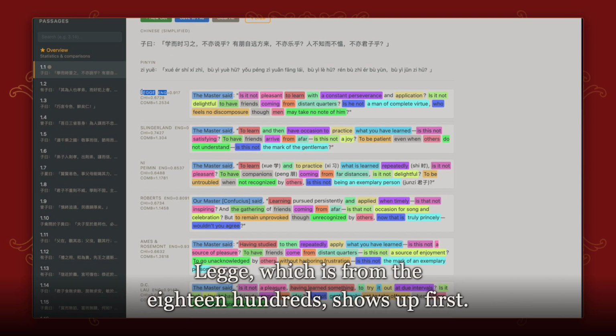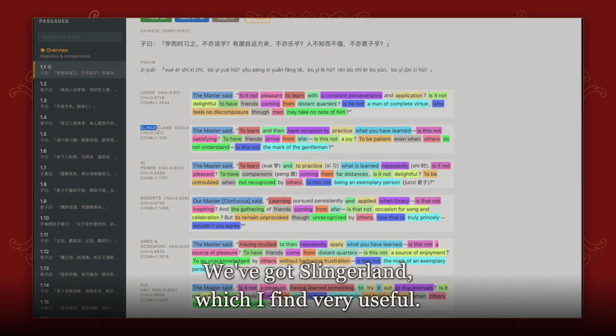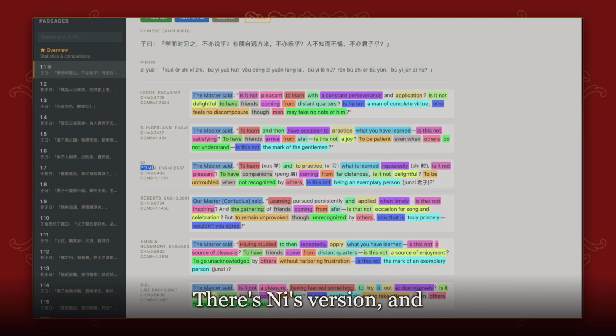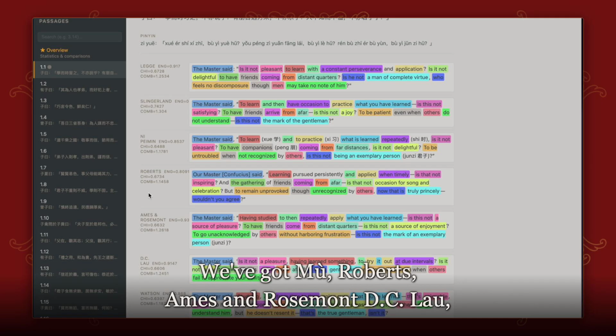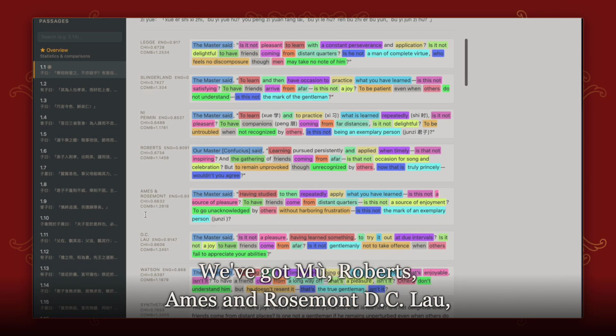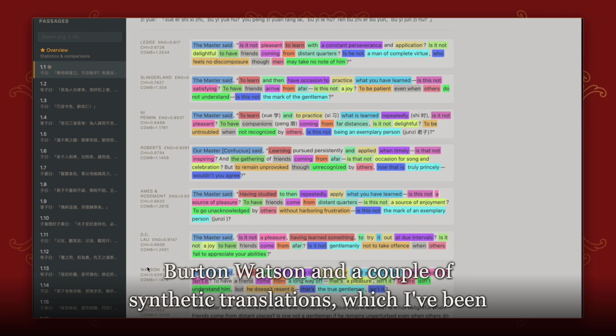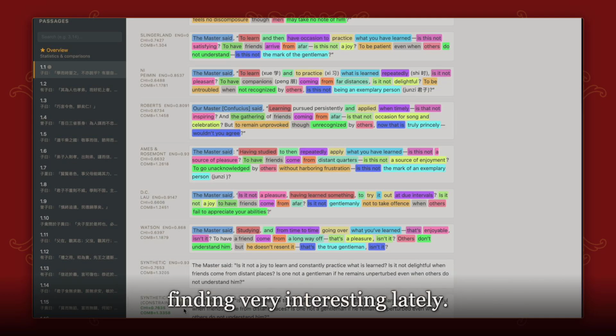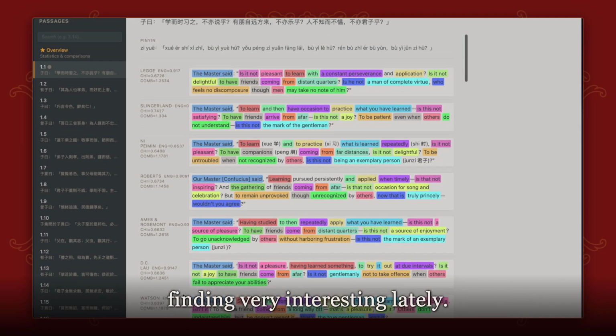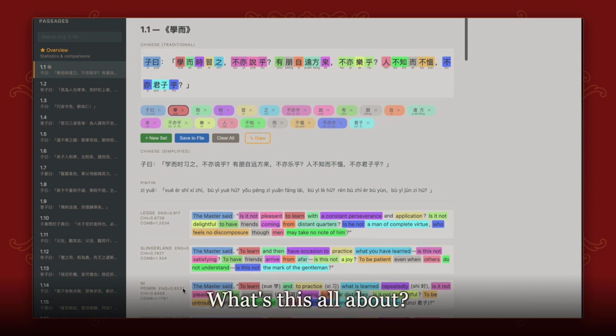The Legge, which is from the 1800s, shows up first. We've got Slingerland, which I find very useful. There's Payman-Nee's version. And we've also got a few others here. We've got Moss Roberts, Ames and Rosemont, D.C. Lau, Burton Watson, and a couple of synthetic translations, which I've been finding very interesting lately. What's this all about? Well,